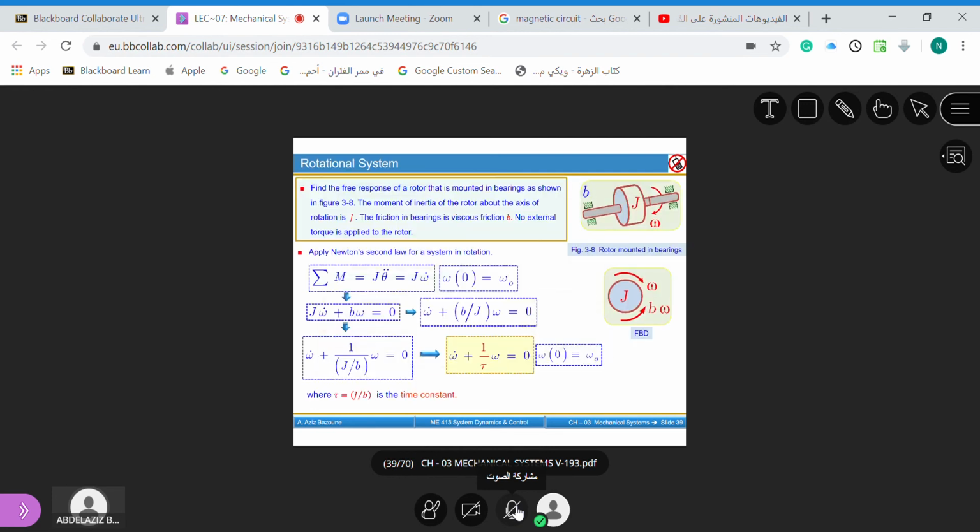So guys, now if we have a problem like this one, which is about rotational motion, in the figure here we have a disc or rotor mounted on a shaft, and it is rotating, and the shaft is fixed by bearings. You see the bearings, and then the rotation is omega and the inertia is J. If we write Newton's second law, or if we draw the free body diagram, what we will see is the rotation